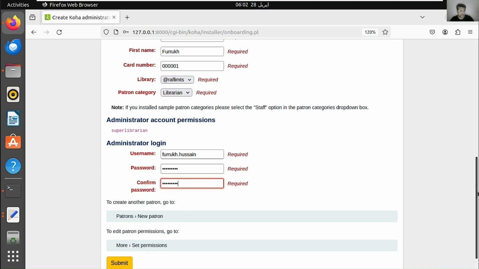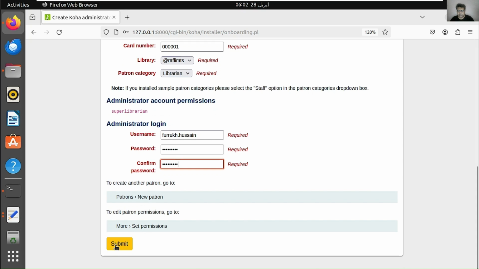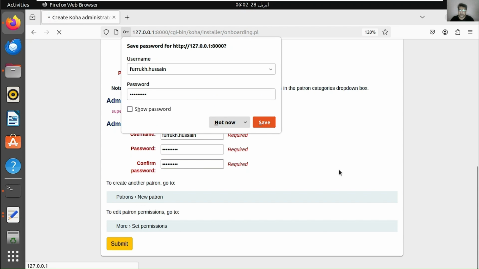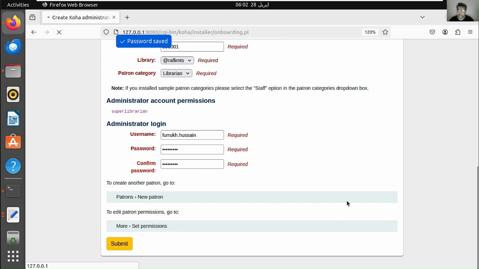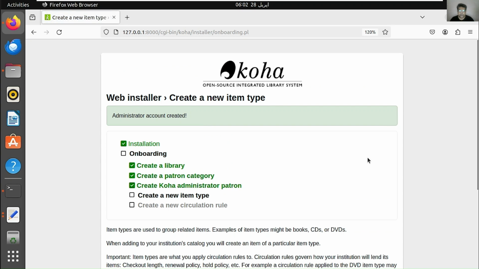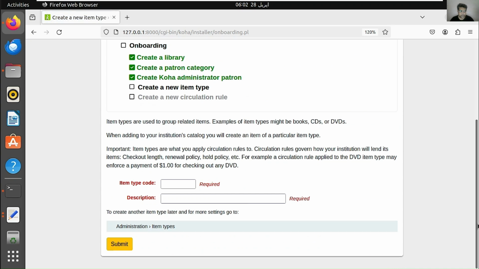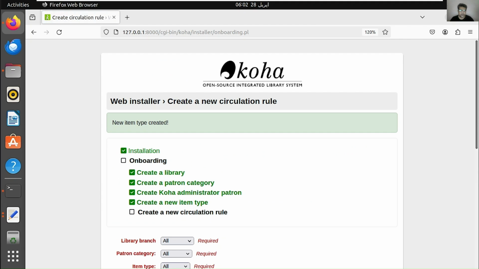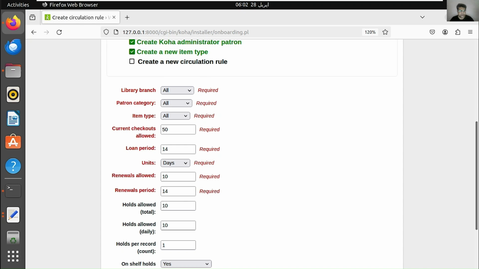I hope I have provided the right name. Save now. And item code, of course, PK, the book. And the fine rules.